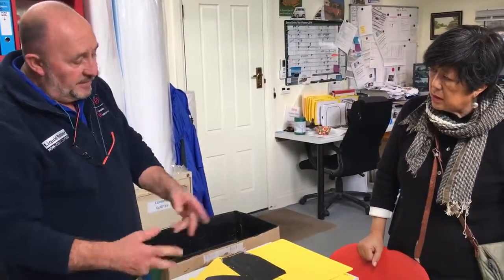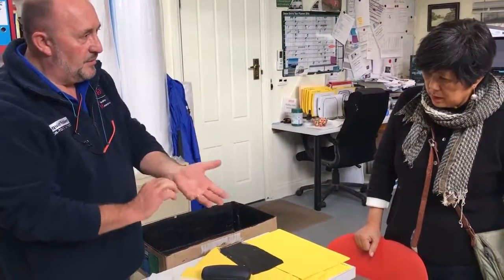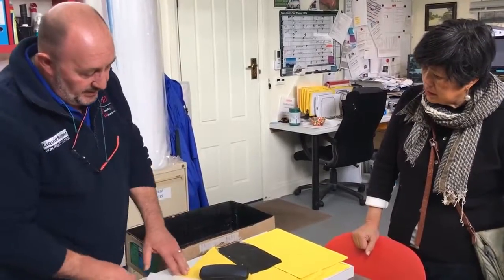If you need to cut it, that's fine. Just overlap it. Make sure that joint's not sitting there. That's all. So that's pretty much